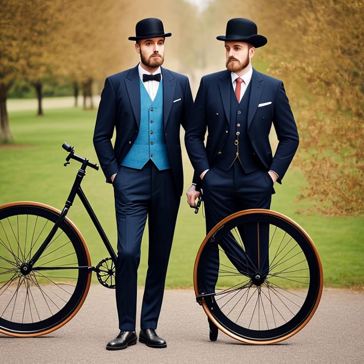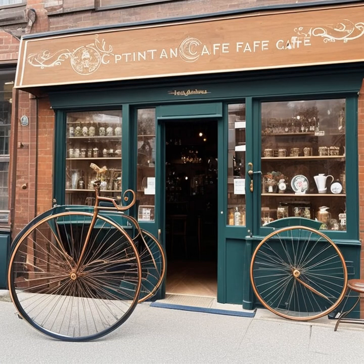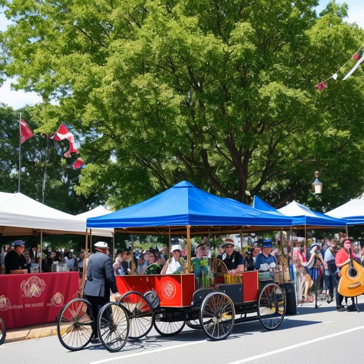In conclusion, the cultural significance of the penny farthing extends far beyond its functional role as a mode of transportation. Its representation in art, literature, and popular culture, as well as its continuing appeal as a symbol of Victorian-era cycling, ensures that the penny farthing remains an enduring and fascinating part of our shared